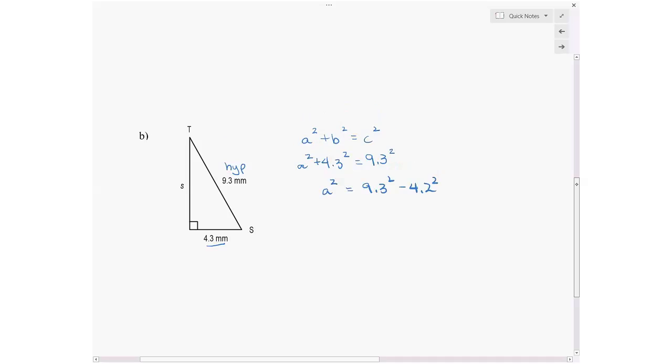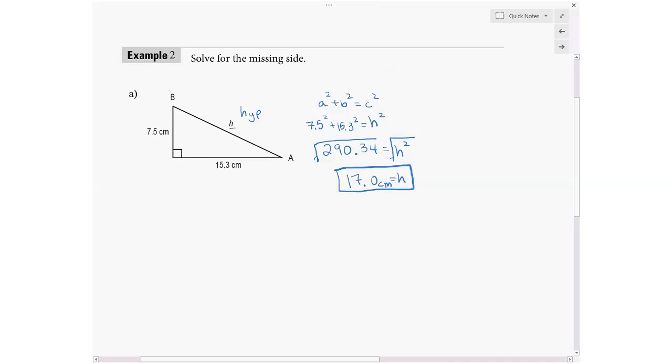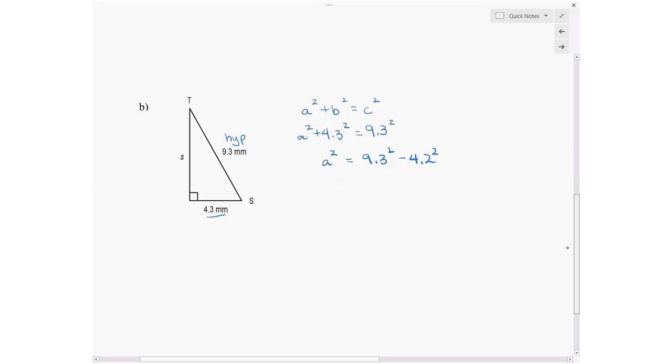Whereas up here, when you're solving for the hypotenuse, you're going to add because it's the longest one. So solving for the hypotenuse, add. Solving for a leg, you need to subtract, and you subtract from the biggest thing, which is the hypotenuse. So now putting this into my calculator, a squared is equal to 9.3 squared minus 4.2 squared, and I get